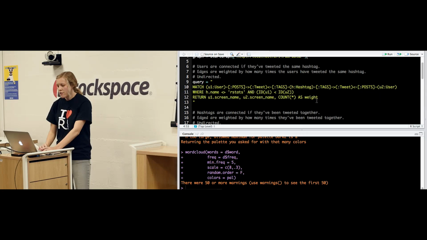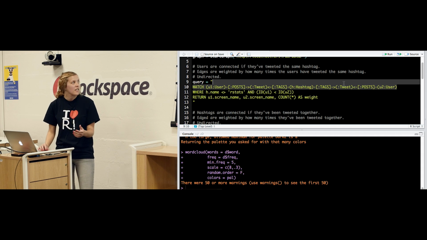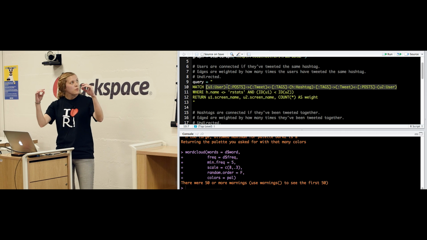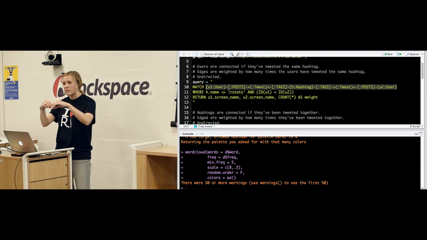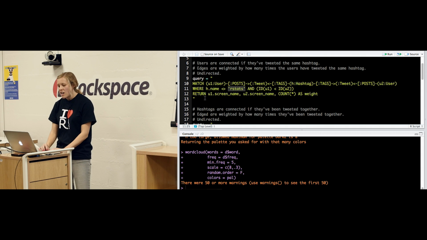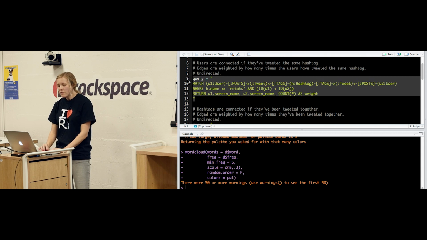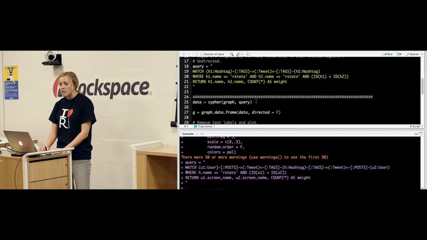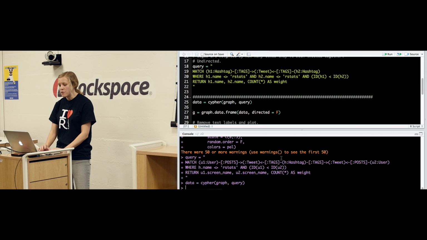R. So again, I'm connected to the same database, and now I'll refer back to that same example I used. I want to extract out of it 2 users, or any 2 users that have posted a tweet that are tagged by the same hashtag, right? And that's going to give me all the users who have posted the same hashtag. Again, I'm omitting our stats, and I'm going to return their screen names and the weight of how many times that happened. So just in 3 lines, we're able to